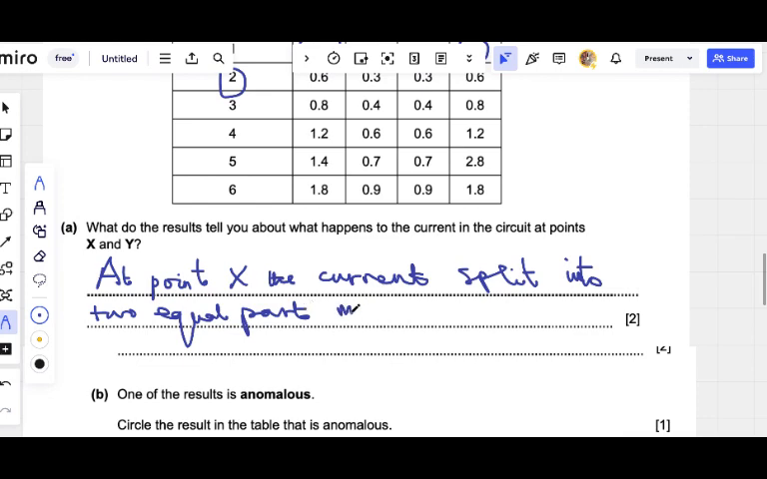Measured individually by ammeter A2 and A3. Measured separately by A2, okay, we can simply just write A2, we already know it's ammeter, by A2 and A3. Full stop. Then we say at junction Y,